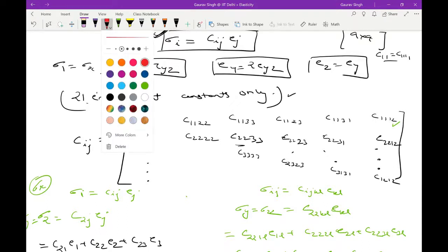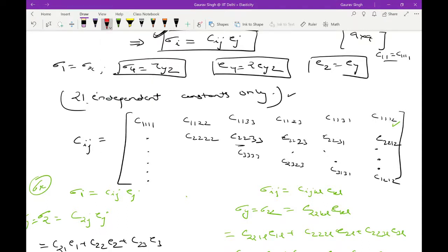Okay, so index 3 appears an odd number of times, so that coefficient has to be equal to 0, meaning this is 0, this is 0, this is 0, this is 0. Okay, and yes, fine. So if you see all these three things, let me just put out one more